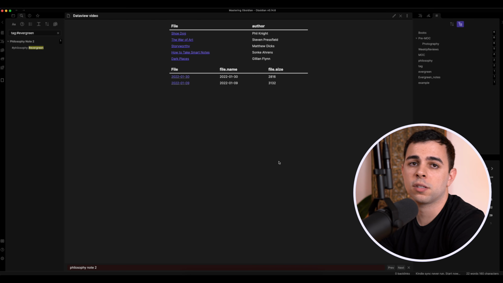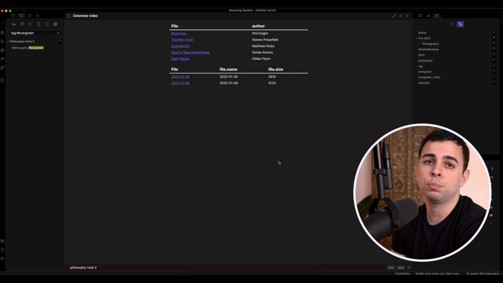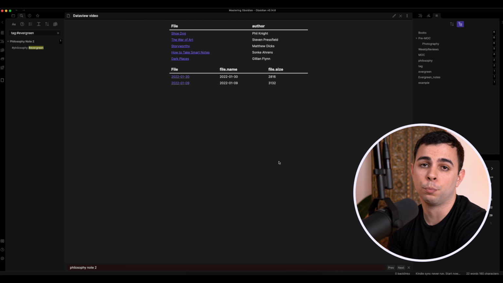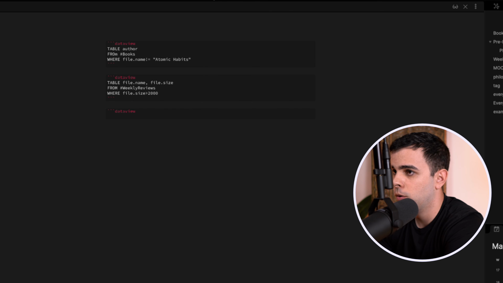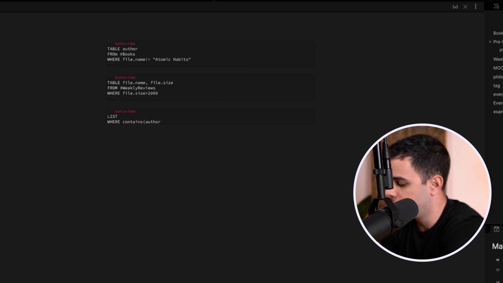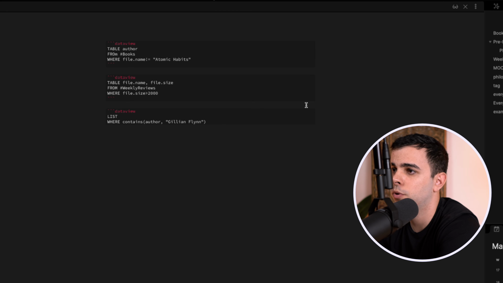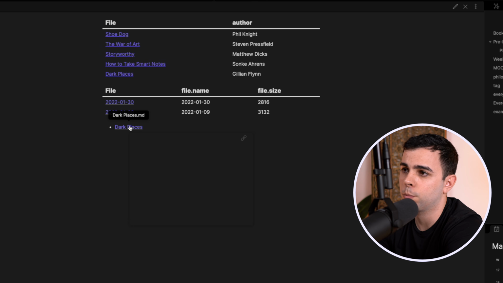Another great use case of using the where function is to simply query Dataview which notes have a certain parameter. For instance, to see all notes that have Gillian Flynn as an author, you can simply type something like this. Dataview list where contains, and then the author's name in quotations. So Gillian Flynn, which is a great author, by the way. And then don't forget to close these parentheses, go into preview mode, and now we have Dark Places, which is